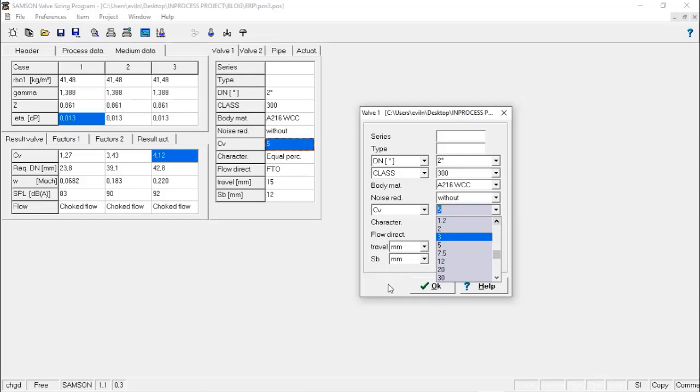So for this supplier, I need a valve with CV 5 for my process. And the valve size in this case is 2 inches, and based on pressure, the class rating is also calculated, it's 300,